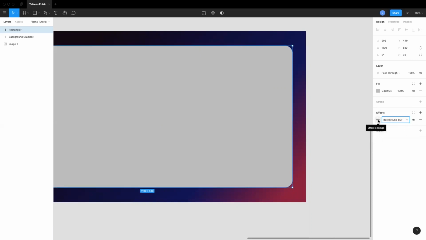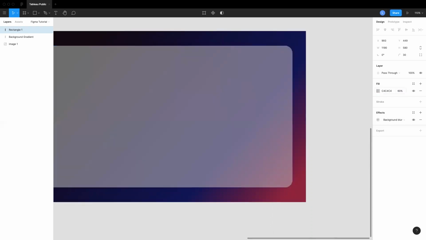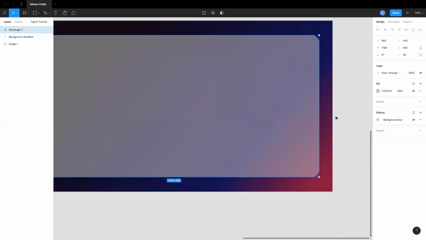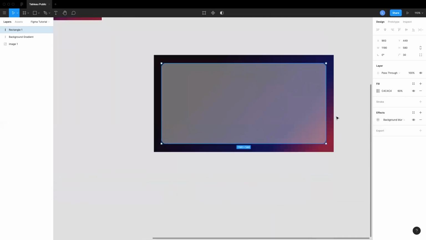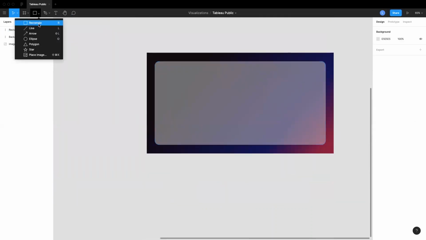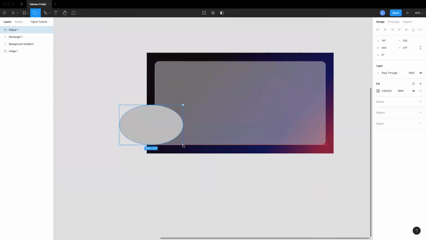If you click this little sun, this is the effect settings. So we can click here and say what type of blur we want, how strong we want this blur. Actually, we're going to keep it at 4 for right now. But you'll see nothing happens because we have a solid fill on our shape. So in order to change that, we can go up to our fill section and make that a 60% fill. And what you'll see now is we have a little bit of fill and there's a little bit of blur. And if I add in some other shape,